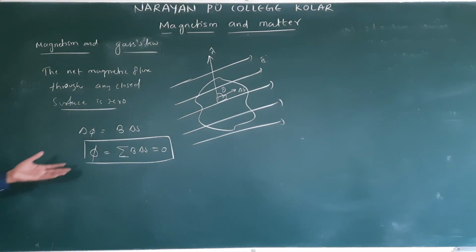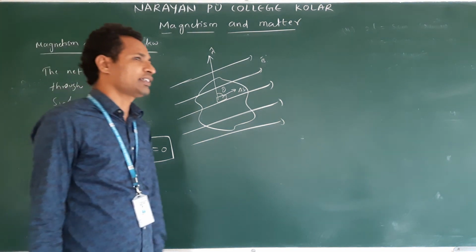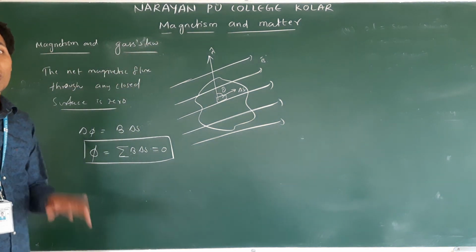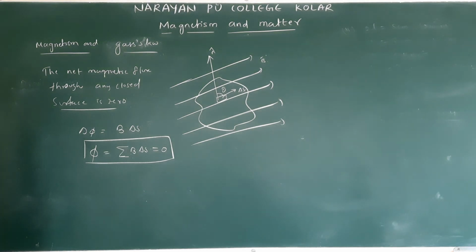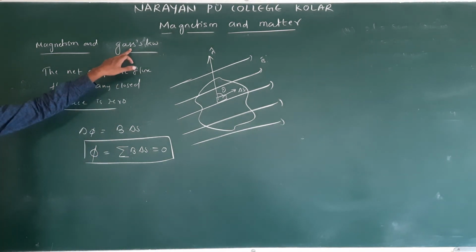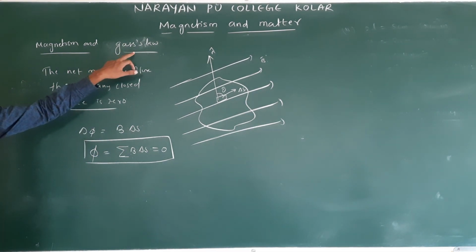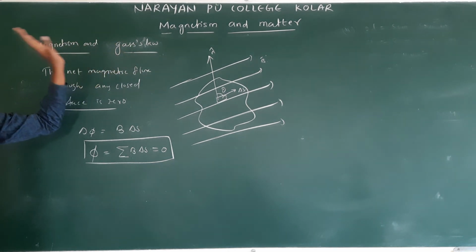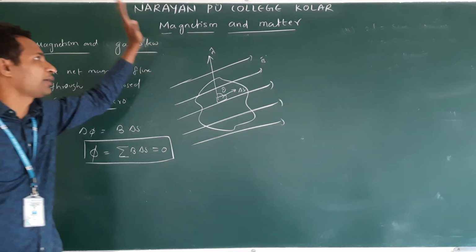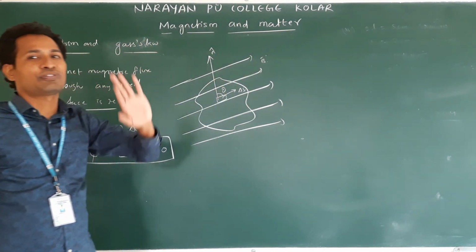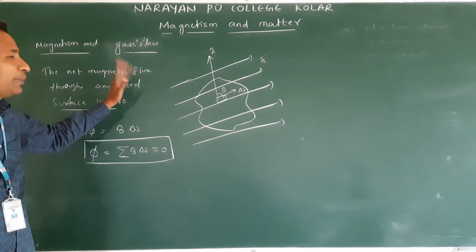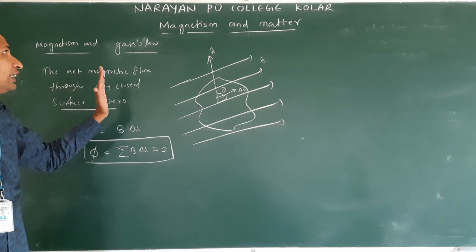Sometimes we may expect this as a question: what is Gauss law in magnetism? Don't confuse. Some people directly write Gauss law in electrostatics. But Gauss law is there in electric fields and charges, and in magnetism and matter. Please find the difference. They won't just ask to state; they will ask to state and explain Gauss law.